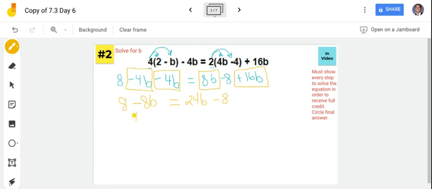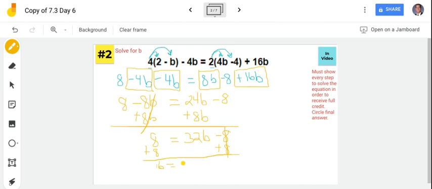So I'm going to undo the subtraction by addition. I'm going to add 8b to both sides so that those b terms cancel. So I'm left with 8 on the left side and 24b plus 8b, that's 32b. Bring the minus 8 down. Because my variable is on the right side, I need my numbers to be on the left side. So I need this minus 8 to go on the left side. So I undo subtraction by addition. Going to add 8 to both sides. So those 8s cancel. 8 plus 8 is 16,